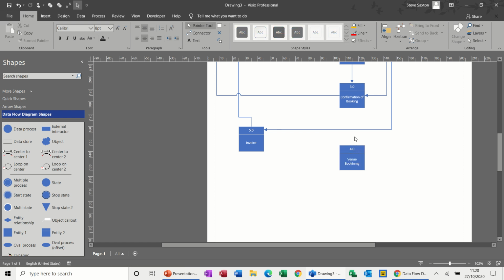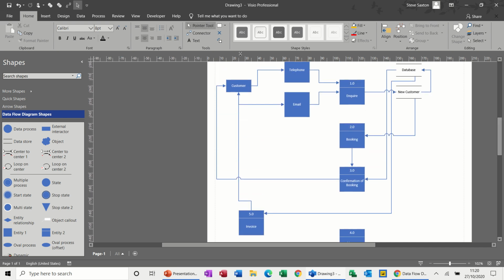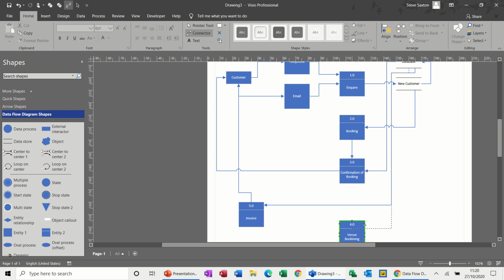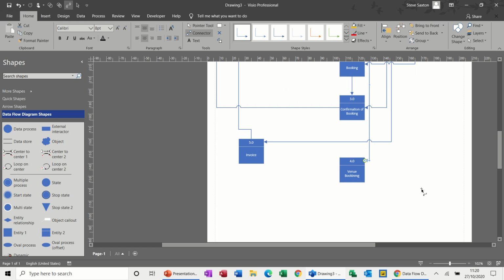And the venue booking also comes out of the database. Come out of that one. Stick it into the top of there. Venue booking. And then there would be training there. So entity, I'll make that, this will have to be 5 and I have to change that number. 5.0 training,